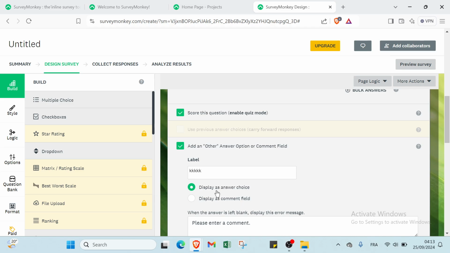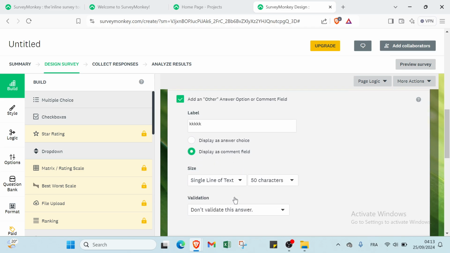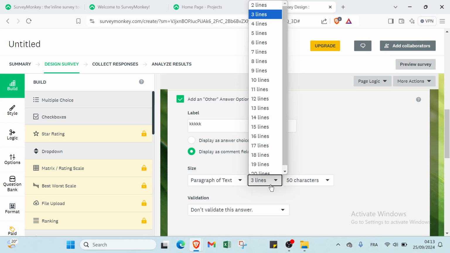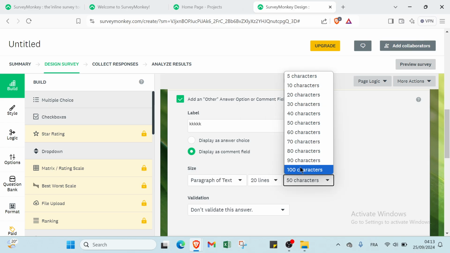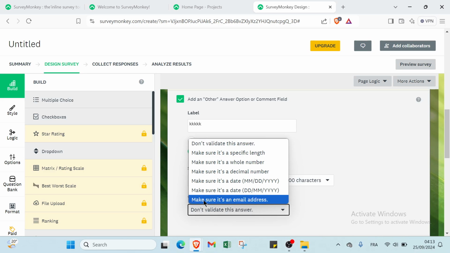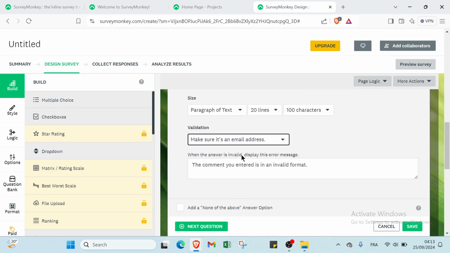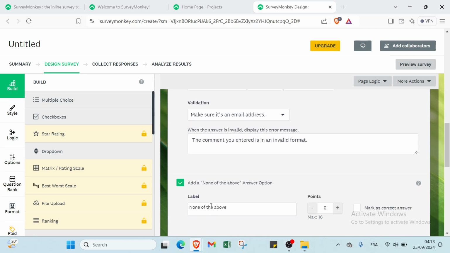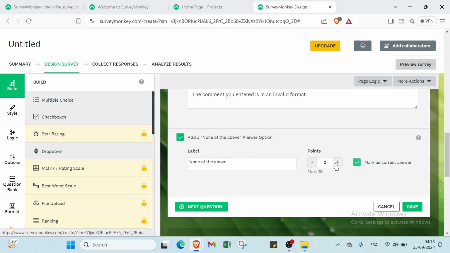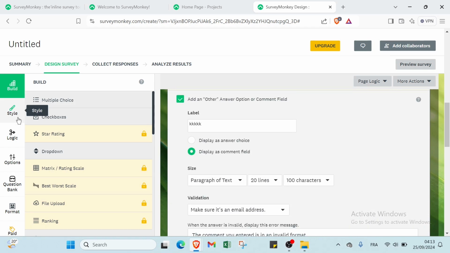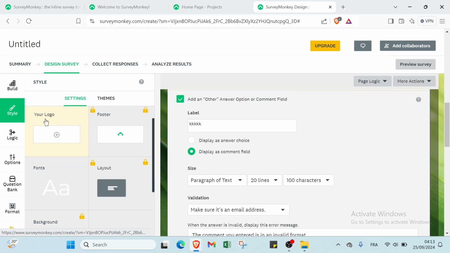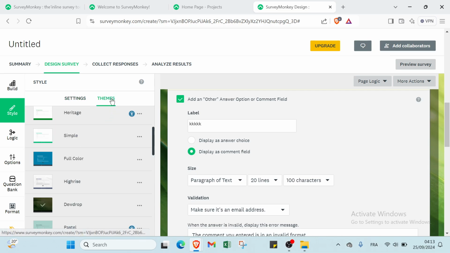Then you have here display as answer choice, display as a comment field. You choose here single line of text or paragraph of text, how many lines, for example 20, how many characters. Then we have validation here. We have also when the answer is invalid, the comment you entered here, then you add a new one, for example here, label also, and how many points, then you click on save. Then you have your style, you have settings here, your logo, footer, fonts, layout, background also. Then you have your themes,